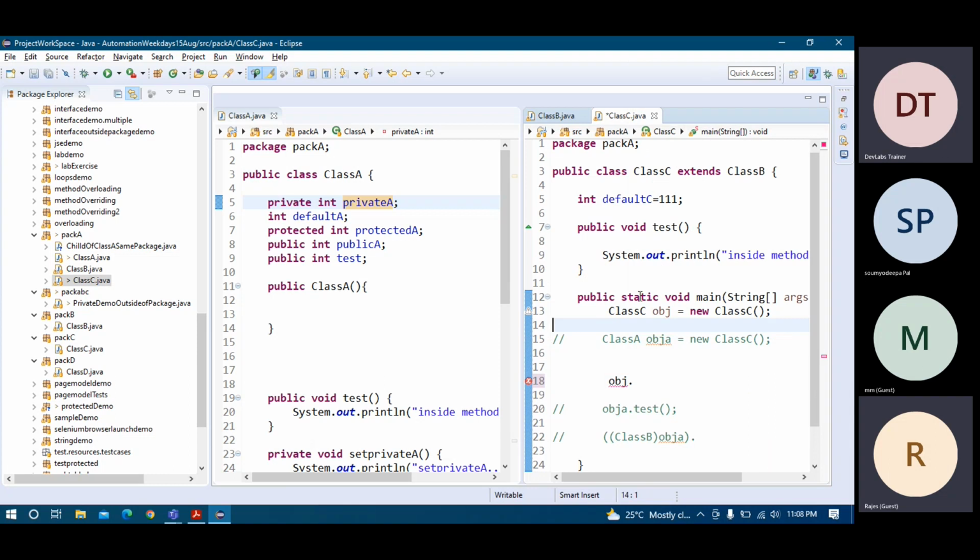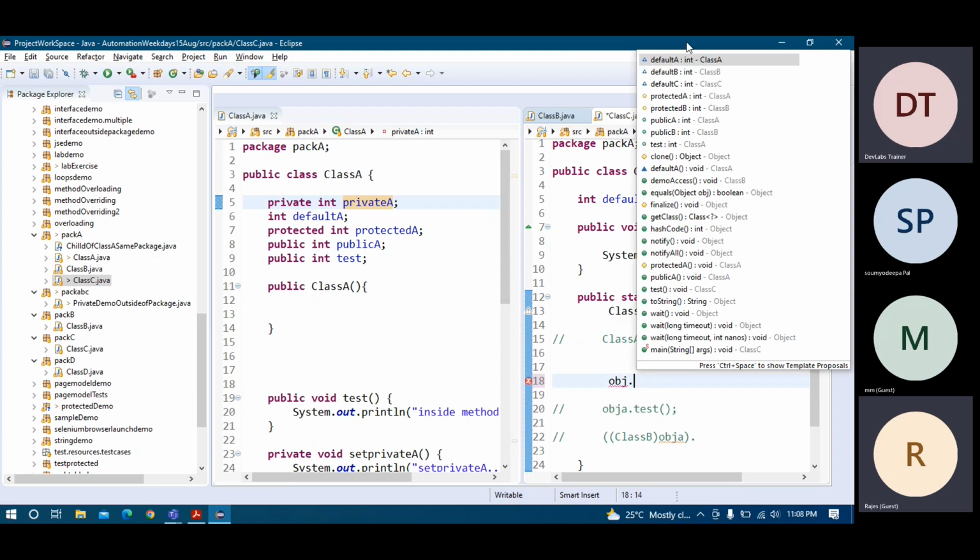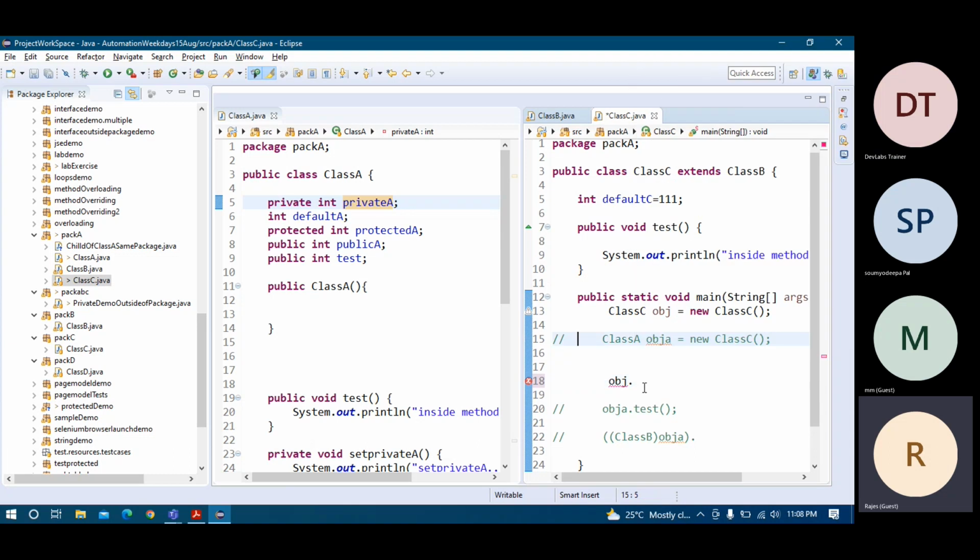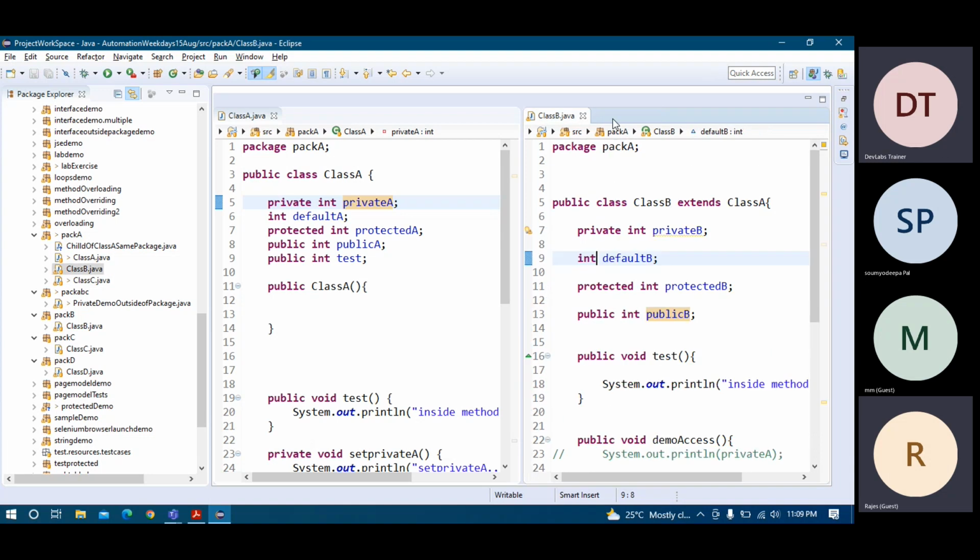So this is the rule: via child class object reference you can access all the things. That means if we have a parent-child relationship, everything is available in the child class. But you see here the default part is also coming. Why is it coming? Because we are in the same package. You see here everything is under the same package. But to give the concept of this, what I have done here,